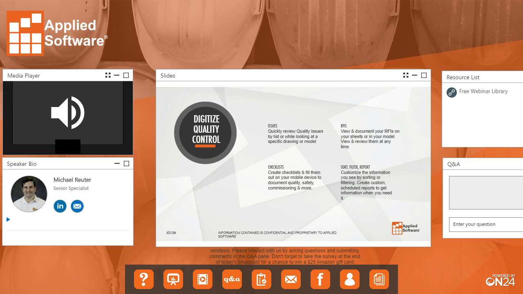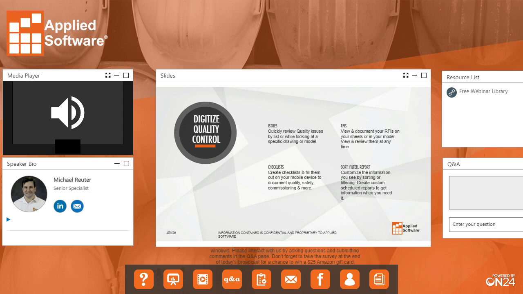And then finally, it gives you the ability to sort, filter, and report. So, again, if you were previously utilizing the Excel report, you would know that was largely a manual process to create a report, or to sort or filter the data out. It was kind of painful. So what's nice about BIM 360 is it gives you the ability to sort, filter, and report all of your data really quickly and painlessly. And again, all of these things are something that I'll very briefly go over in a demonstration